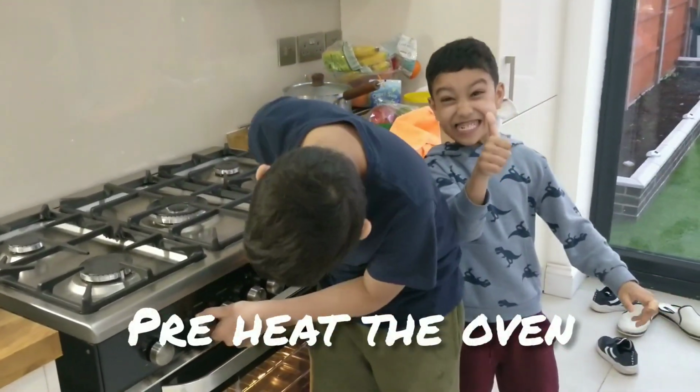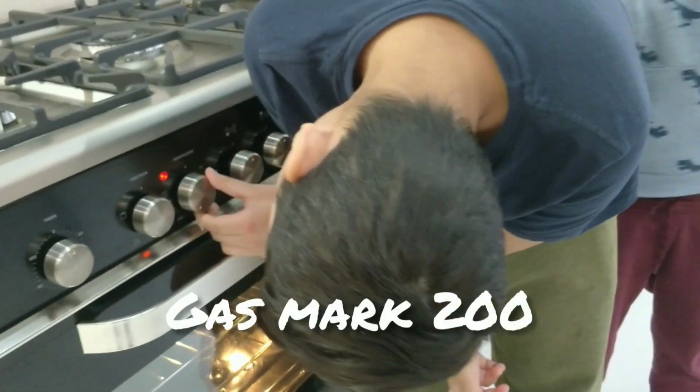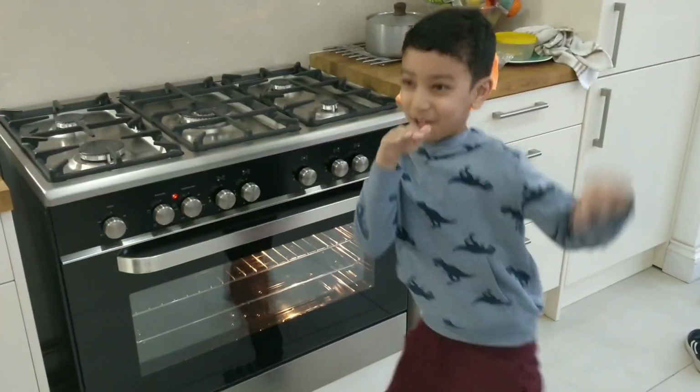First we need to turn it on and then put it onto gas mask 200. The oven is